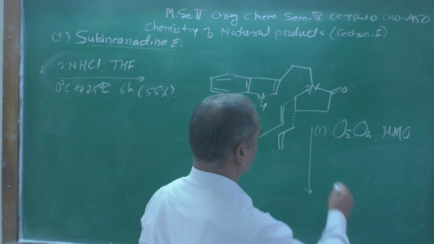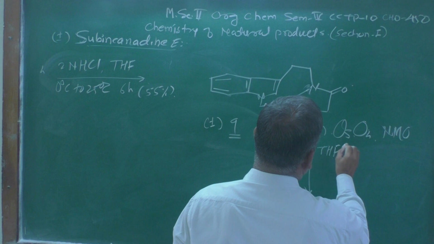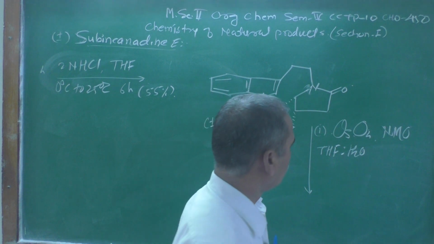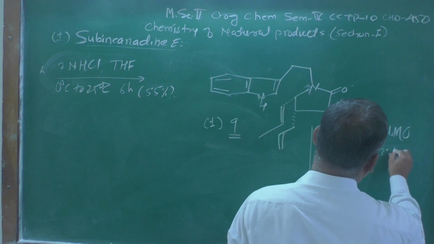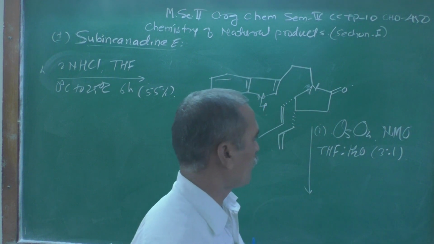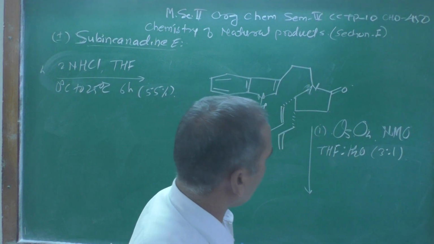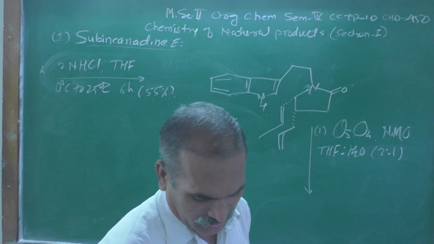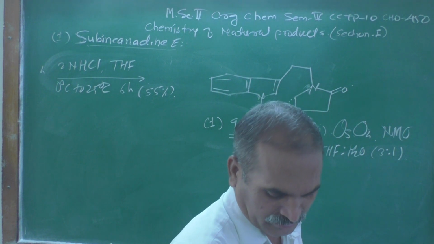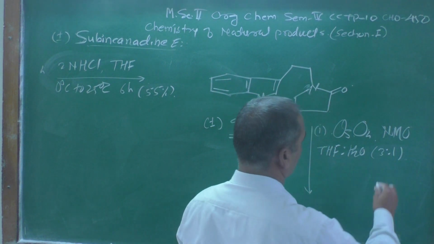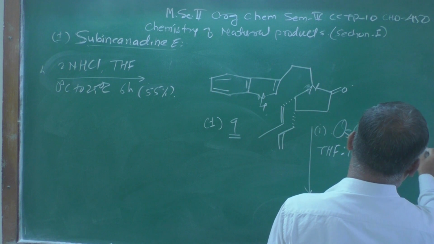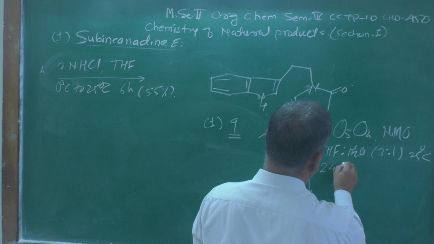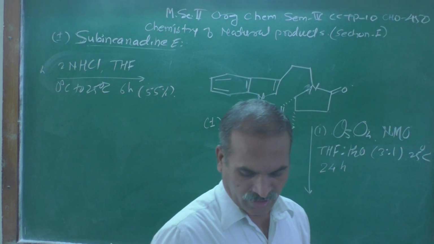Then THF solvent in combination with water, the proportion of that solvent is taken 3:1. 3 volumes of THF, tetrahydrofuran, and 1 volume of water is taken, and these contents were kept at 25 degrees centigrade and stirred for 24 hours,